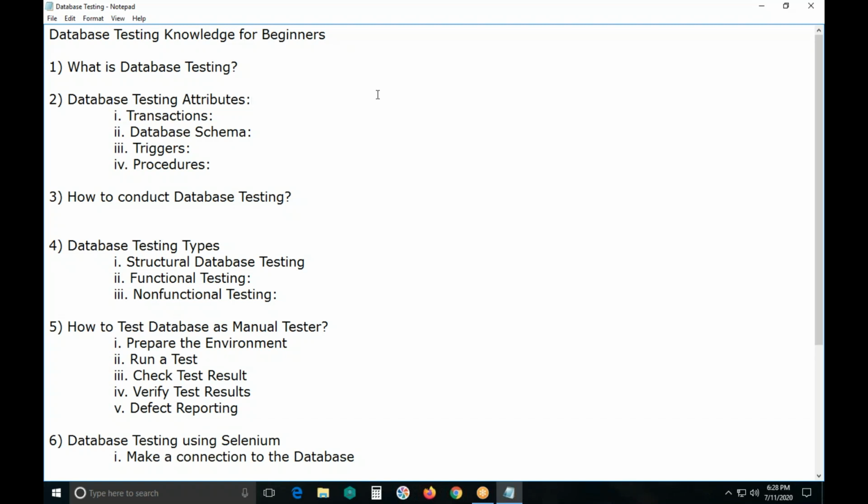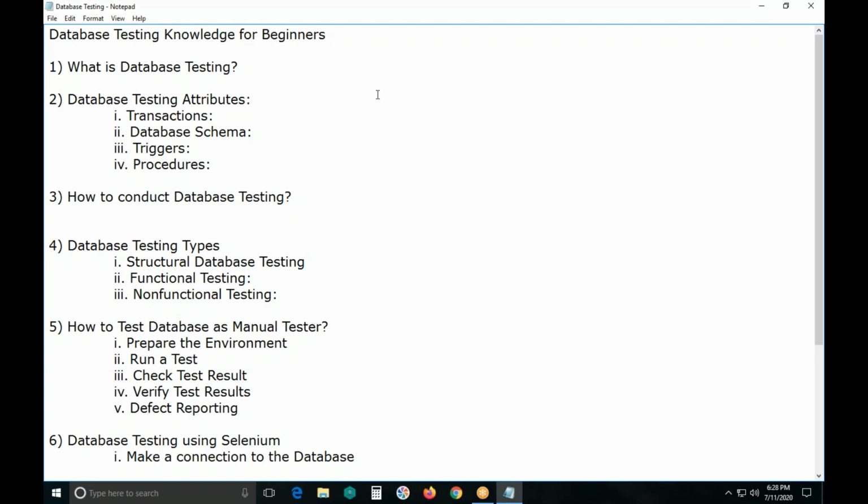NoSQL database example: MongoDB. SQL databases examples: Oracle, MS SQL Server, MySQL, etc. Tabular format is a powerful format, but nowadays NoSQL databases are also very important in big data. No tabular format, different types of files.